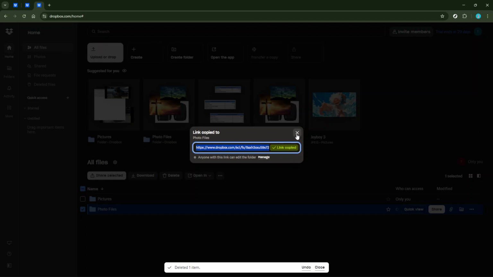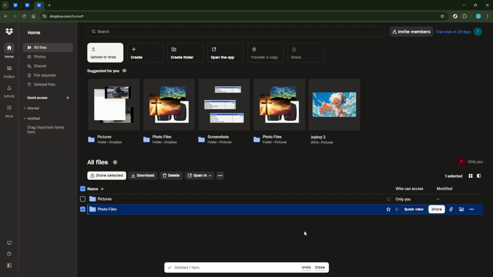And there you have it, a quick guide to getting started with Dropbox. It's a powerful tool that, with just a few simple steps, can make file management and